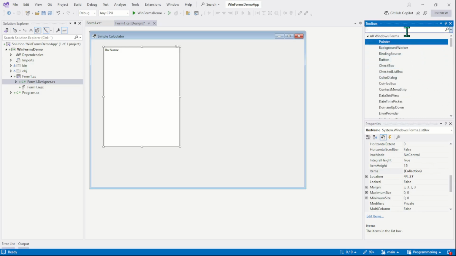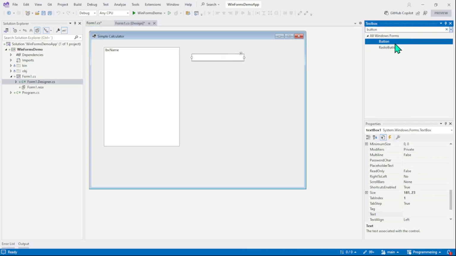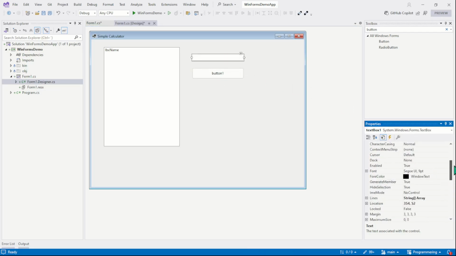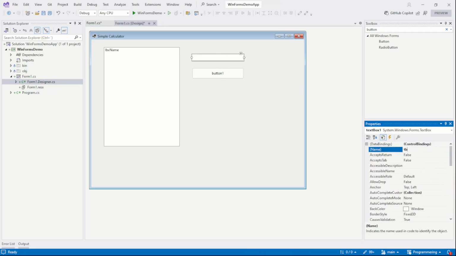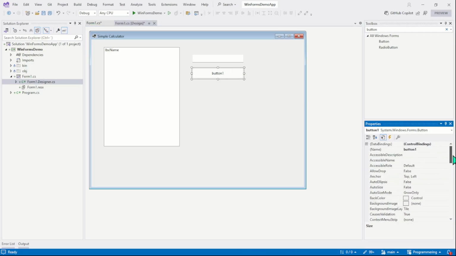Let's now drag our text box control to read the name. This is our text box. The user will provide a name in the text box, and we need a button control to add the name in the list. I'm going to update the properties. The name of the text box is TBX name, and the font, let's increase the size of the font from 9, which is the default font, to 12. And now adjust the button's